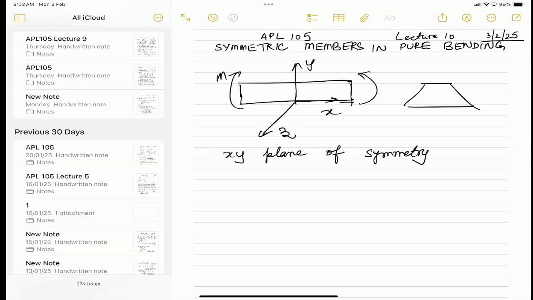Okay, so we start and we'll continue our discussion. We had started the symmetric members in pure bending. Now, if you recall, I don't know if it was covered in your APL 100 or not, the forces which we got when we had a section, we call them what? Shear force and bending moment. So, we are talking of that same bending moment here, and a moment when it acts on a thin member,